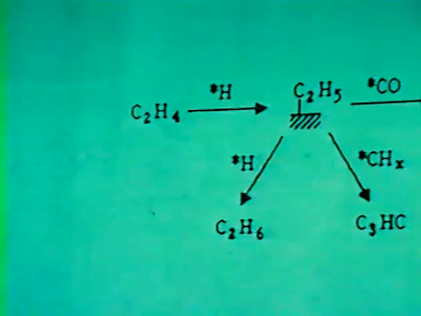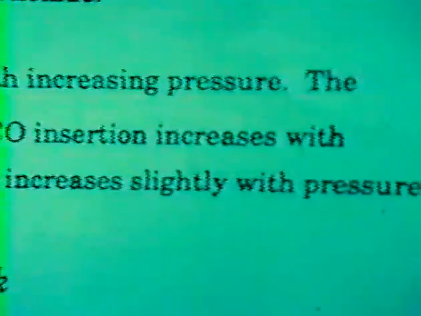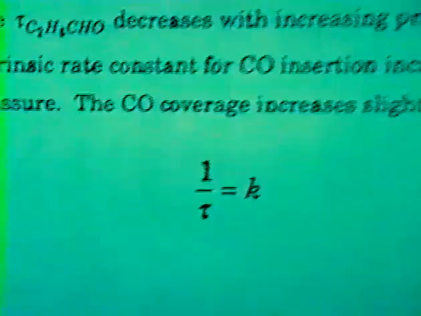What we have seen is that under the reaction conditions, gas-phase carbon monoxide rapidly exchanges with the surface-adsorbed CO. And the tau for propionaldehyde decreases with increasing pressure. In other words, the intrinsic rate constant for CO insertion increases with the pressure. Based on the data below,